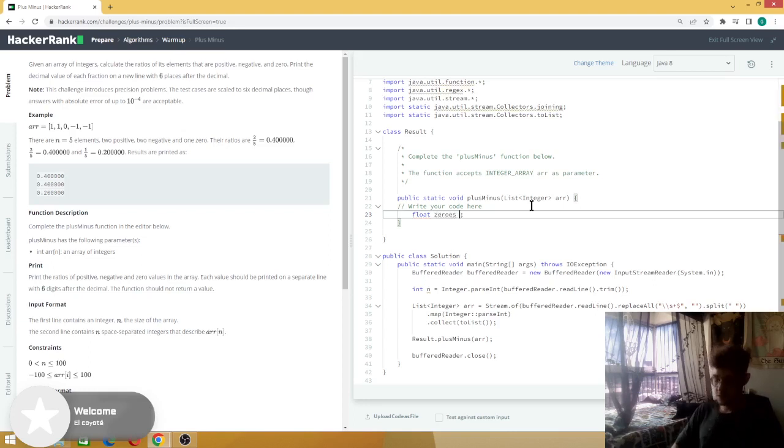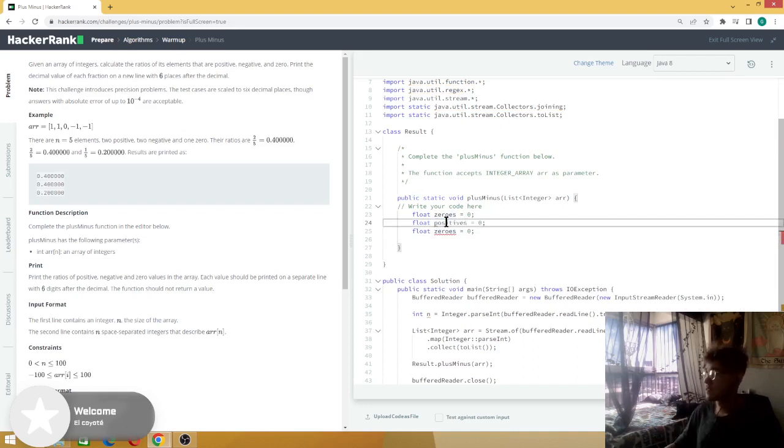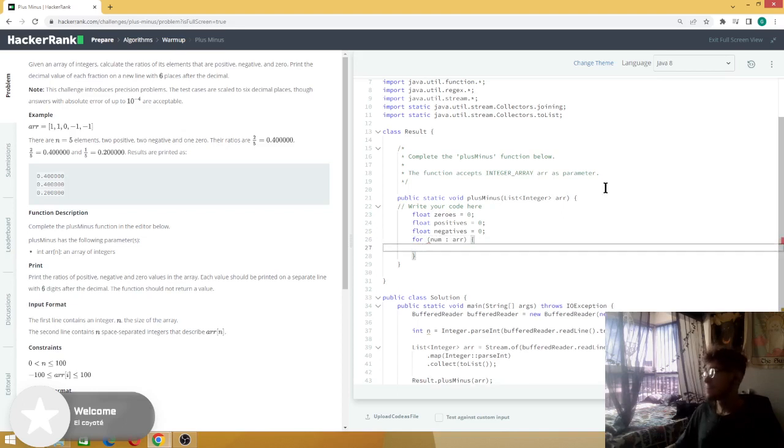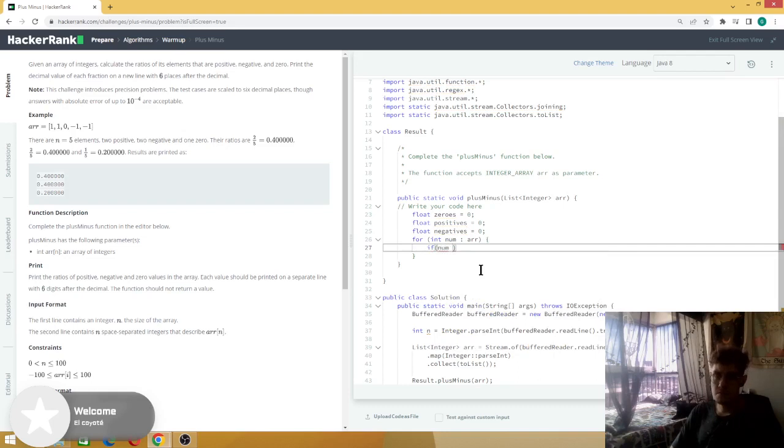Zeros equals 0. Positives, negatives, for num are int, zeros. Okay, so if num greater than 0,